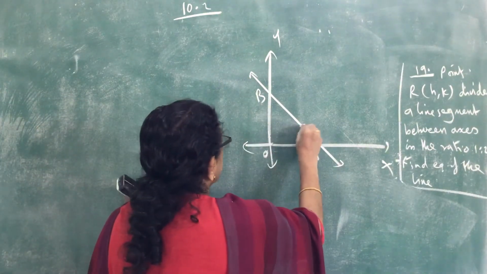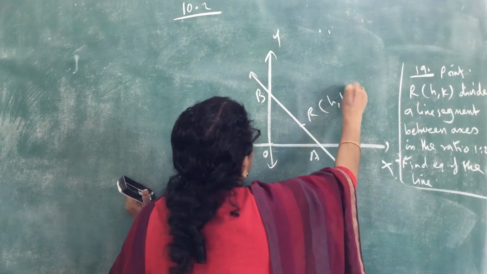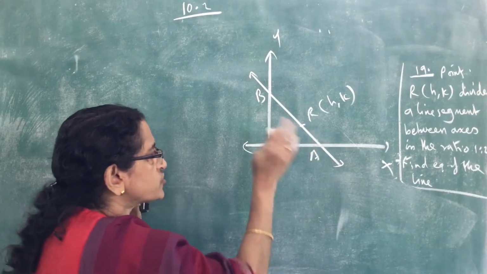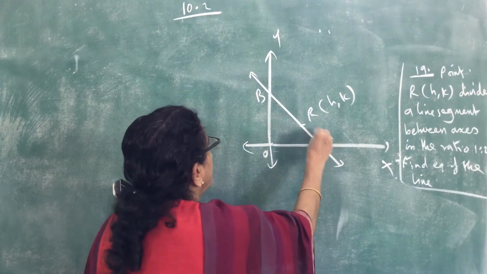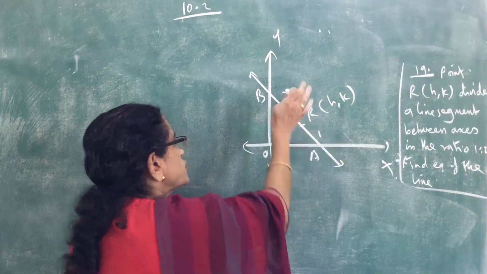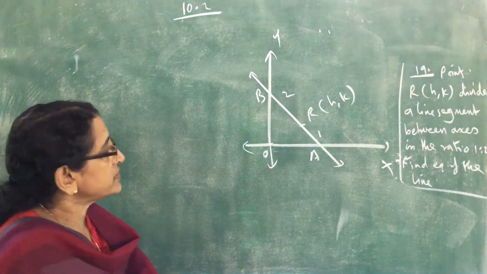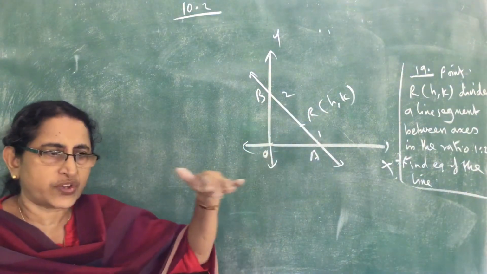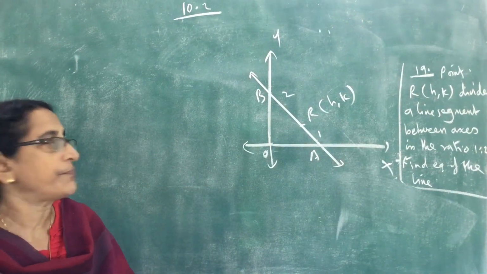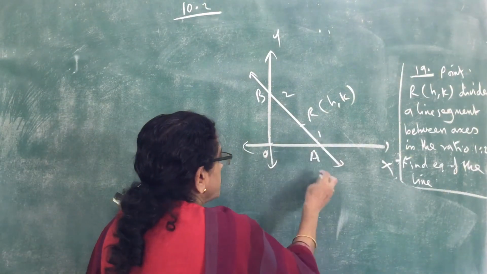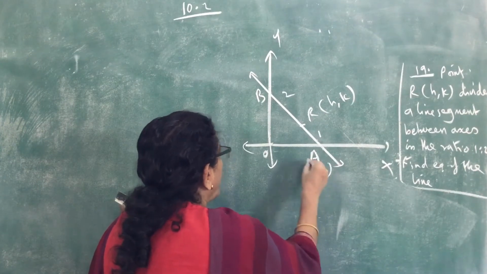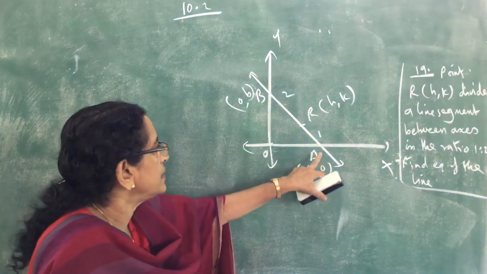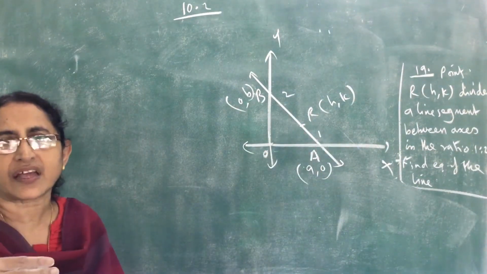So here, suppose this is the point (h, k). It divides the line segment between the axes in the ratio 1:2, so near the x-axis 1 and this 2, 1:2. Start from the x-axis, so this 1:2 ratio. Now this point is (h, k). We can take the x-intercept and y-intercept as A and B, the usual representation. So here we can take (A, 0) and this point (0, B). Given that (h, k) divides AB in the ratio 1:2,